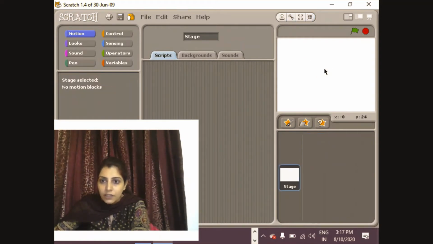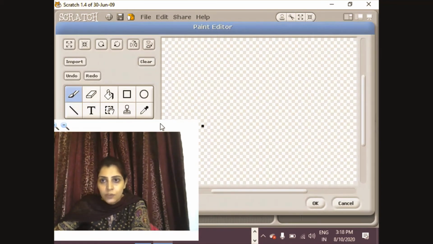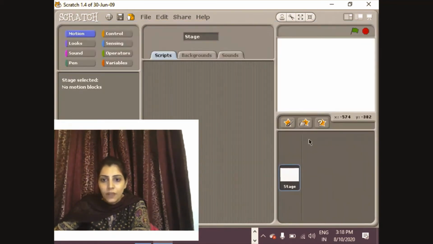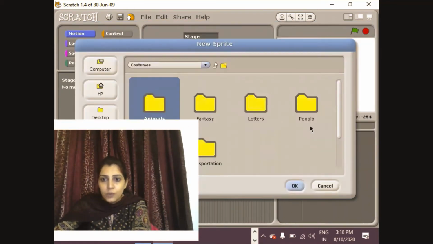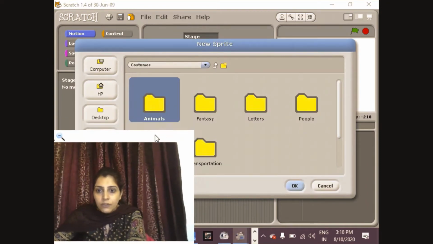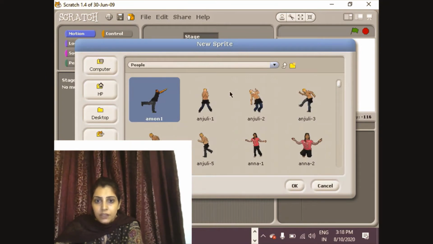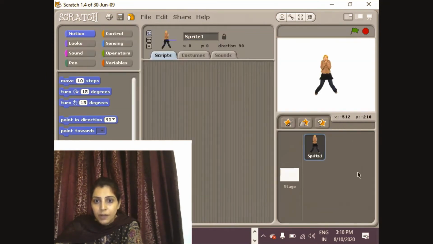So my sprite will get deleted. Clear? So from here you can paint a new sprite as well. We can choose a new sprite. For example, I'm taking here from the people, then I'm taking this sprite. So see, my new sprite will be there.